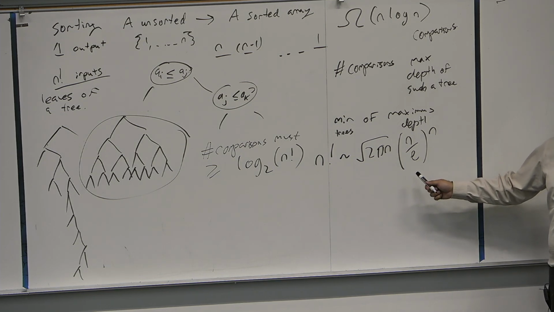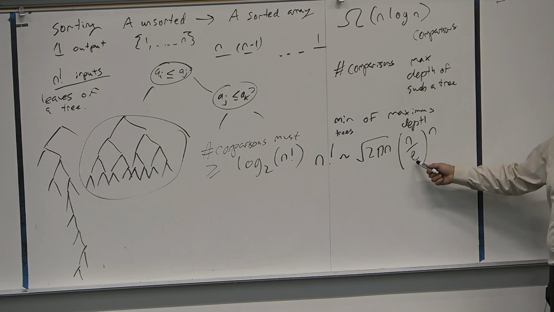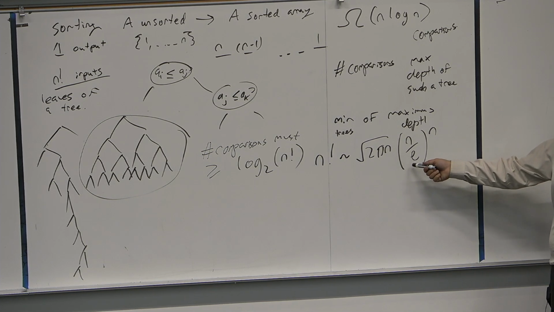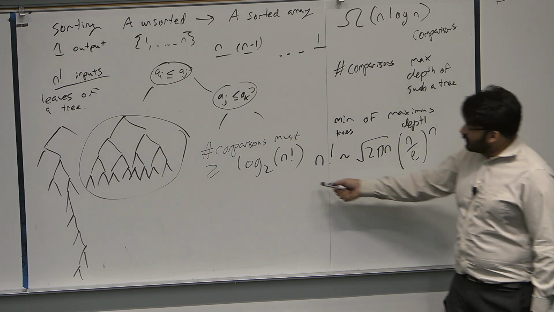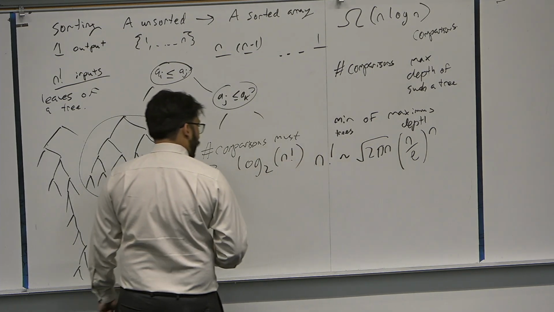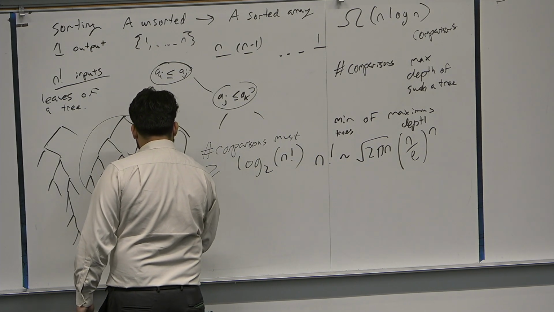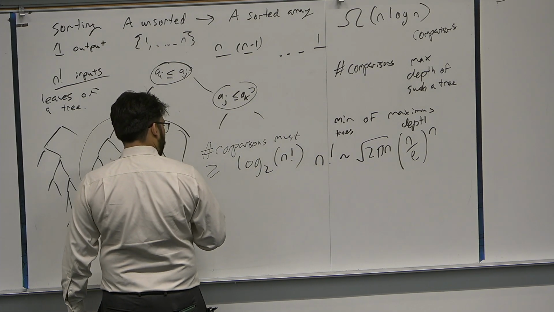We've seen this before, maybe, somewhere, Stirling's approximation. It's a rabbit-out-of-a-hat trick. We'll do it the easy way later. But first off, that's the approximation. So what we do here is plug that into the log, and we're going to get that it's greater than or equal to log of